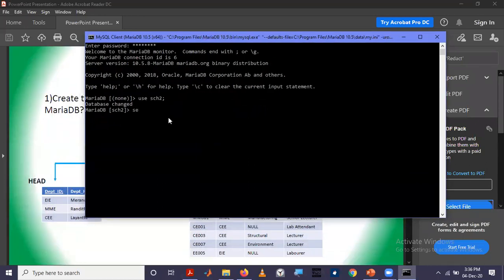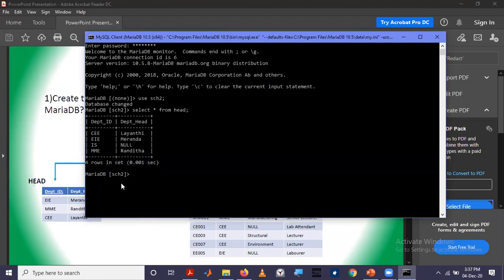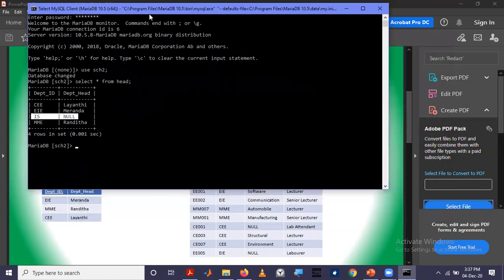The command for getting all data from a relation is select star. That means retrieve everything, all fields, all these attributes from head. There were two tables, head and employee. In addition, there is one more column here.